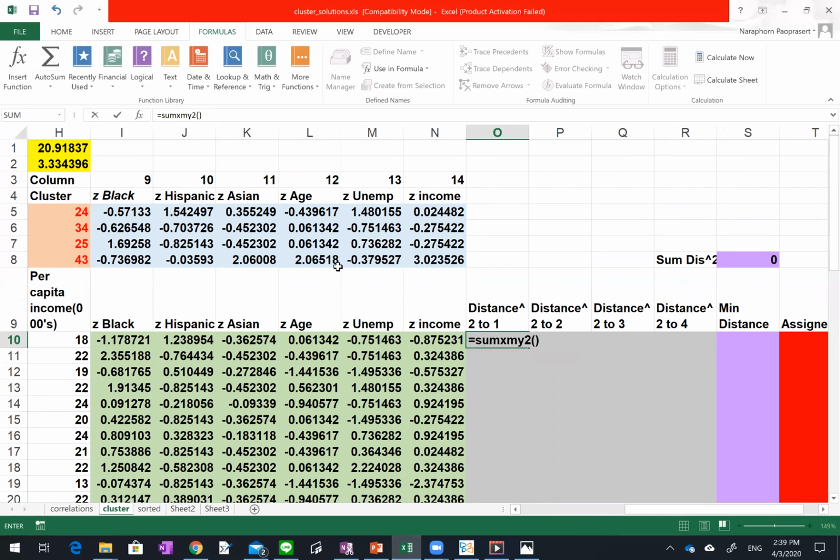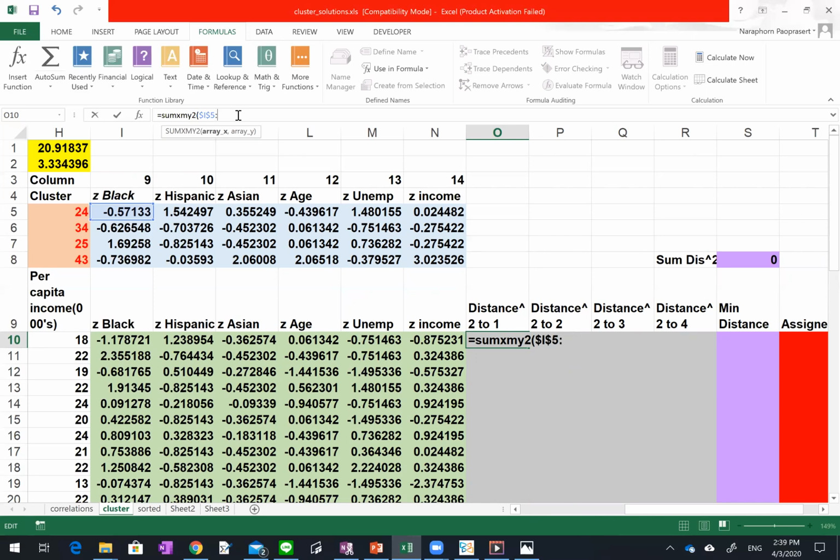This is the sum of square between each city and the anchoring city. And you want to select this first anchoring city. So you want to fix it by putting the dollar sign in front of the 5 and the I to really fix it. So this is going to be I5